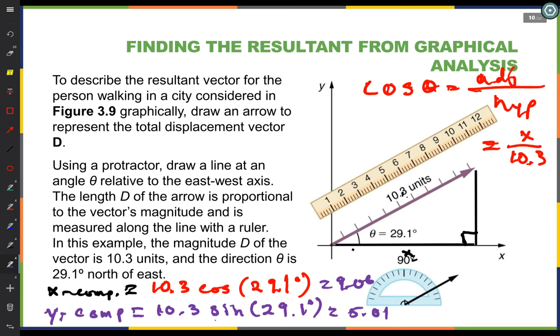So that's how we can break a vector into its components. Now, when I write that vector, I'm often going to write the vector in terms of its components. So I am going to write the vector as,